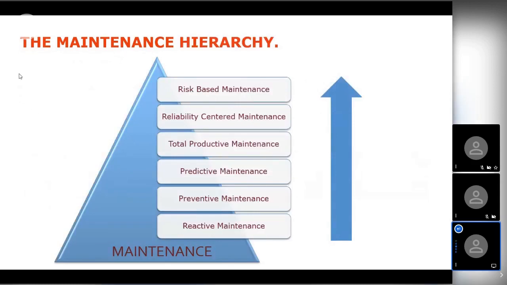I put together here a little bit of what I call a hierarchy of maintenance. And again, it doesn't mean that one's better than another because it's going to depend on the situation. But early on in the century there, we had reactive maintenance as the predominant one. We then got preventive maintenance, or what we call planned maintenance. We're going to put a plan together. Predictive maintenance is one step better because we're going to try to predict when the failure has started. There's a concept called total productive maintenance, which was introduced by Toyota mainly, and I'll talk about that a little bit later. And also reliability-centered maintenance. This had a huge impact on the way we think, which led to this risk-based maintenance thinking.